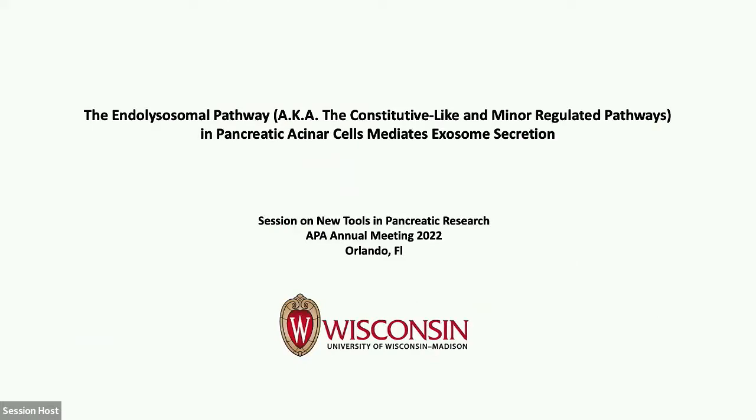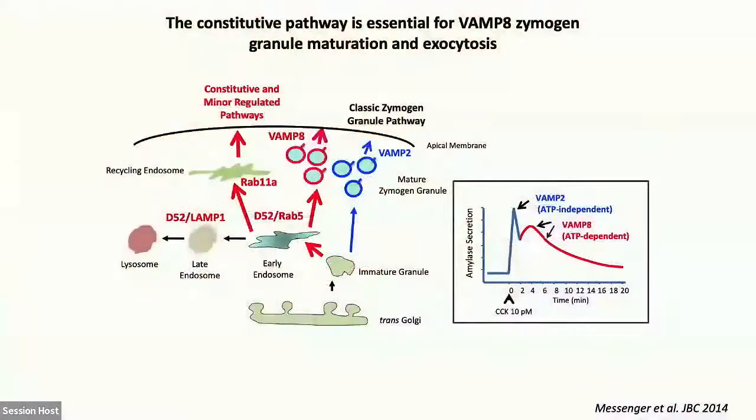Okay, thank you very much to the organizers for asking me to give a talk on tools in pancreatic research. I wasn't sure what to give a talk on. So I thought I'd tell you a story today about the characterization of exosomes or small extracellular vesicles that are released from pancreatic acinar cells. My lab is very interested in understanding the molecular control of membrane trafficking events in acinar cells, just the basic